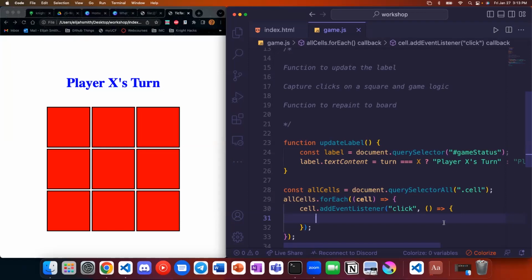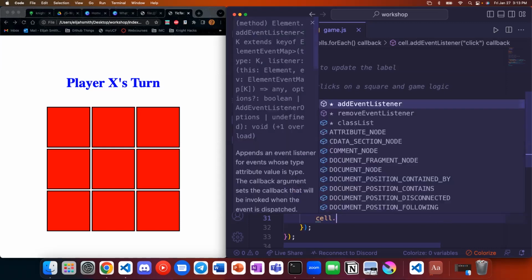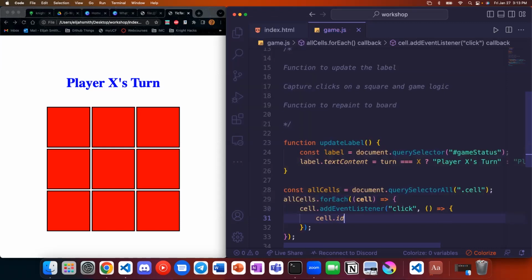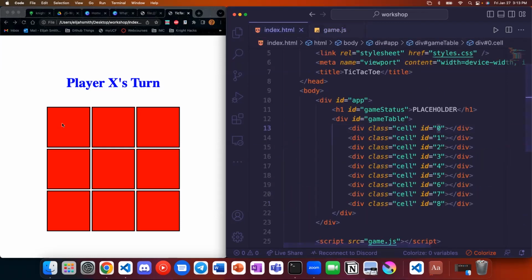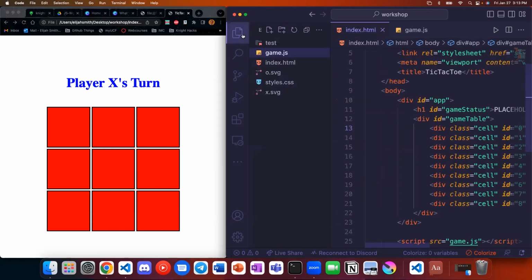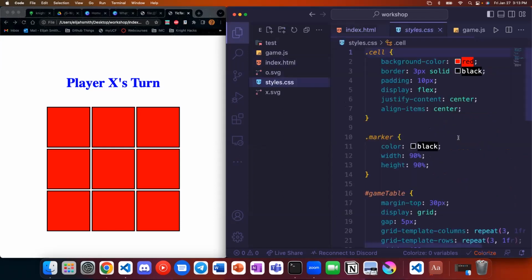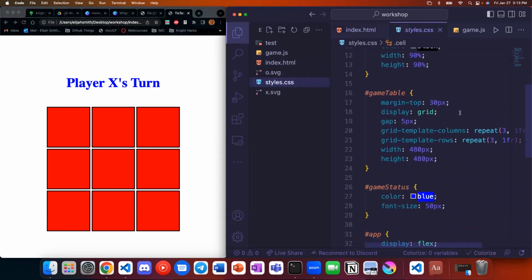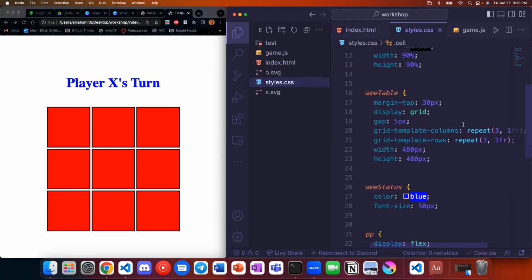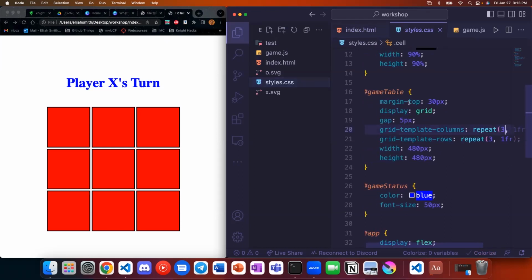So let's start with the first thing. We needed to get the cell itself, cell.id, which gets us this number here. So cell 0 is up here, 1, 2, 3, 4, 5, 6, 7, 8. I've added some CSS in our styles.css in our game table, where each row and column has 3 things.